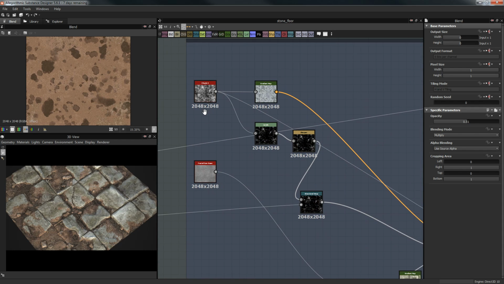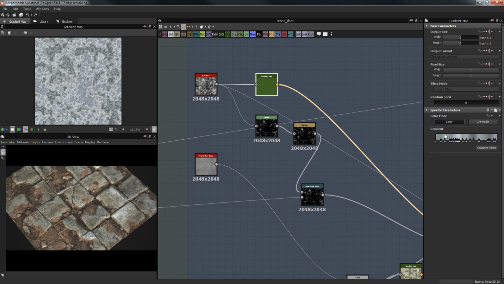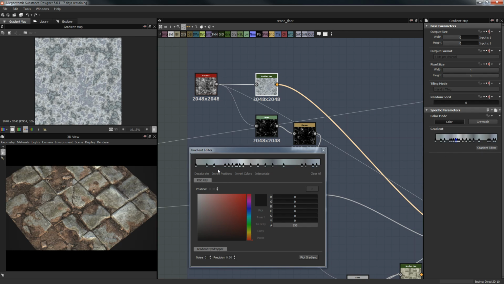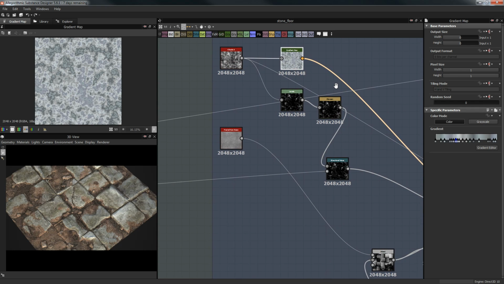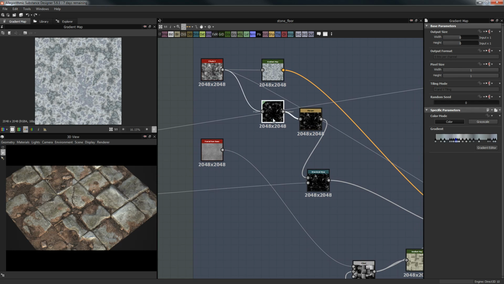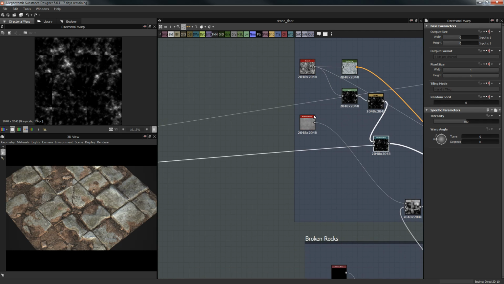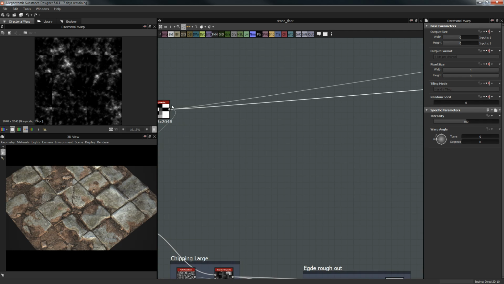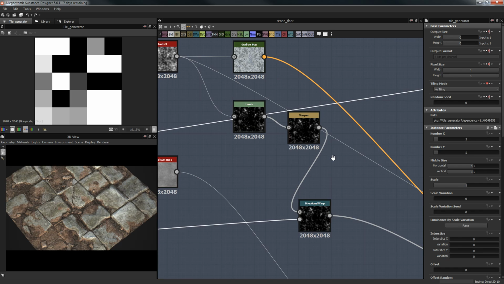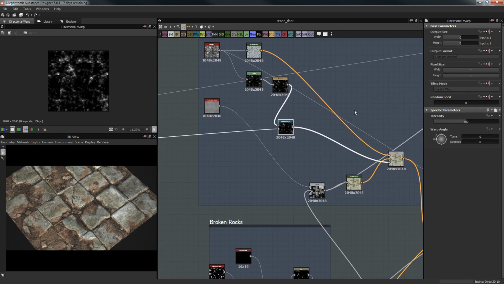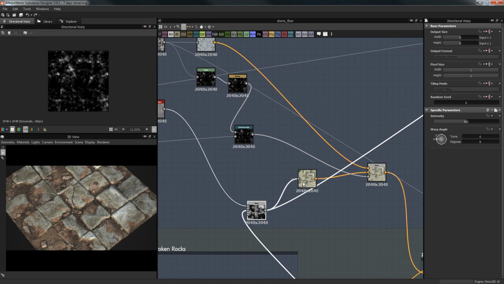For the rock color, you can see I started with the Clouds 3 again. I ran it through a gradient map, and I've just added another color. Just pick a gradient over a stone, something like that. And we have levels, sharpen with a directional warp. I'm going to again use this tile generator over here, and I'm breaking apart this pattern, and I'm going to add it. As you can see, I have another gradient map over here,